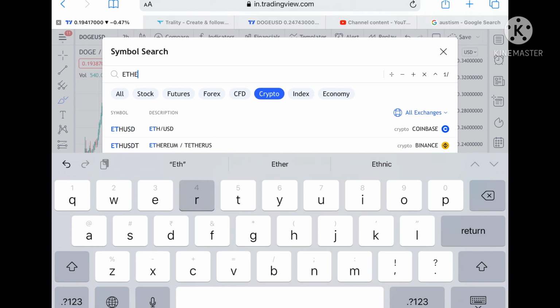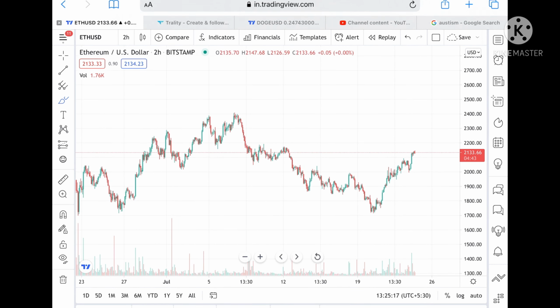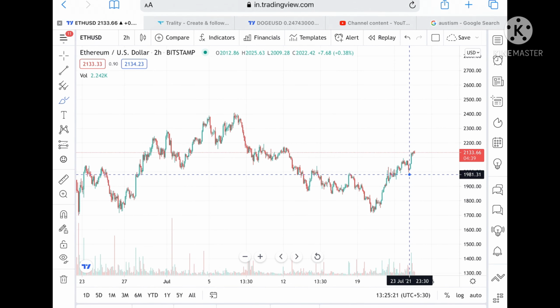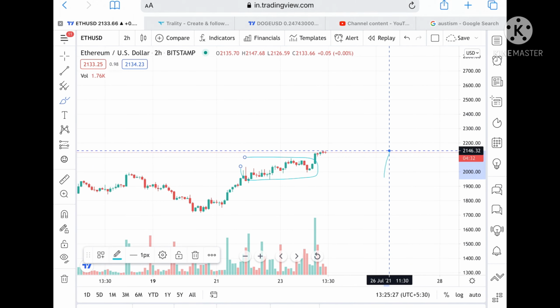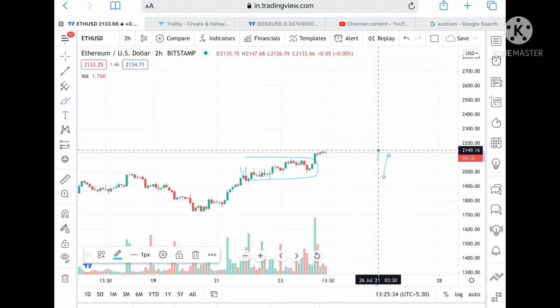Now Ethereum, if we look at this chart, it is in an uptrend. And if you look at this trend also, the range is broken upside. Now in this particular range, we can see a high around 2149 and a low around 2112. So what we can see here is, suppose it comes close to around 2149, then it can go further high and can touch a level of